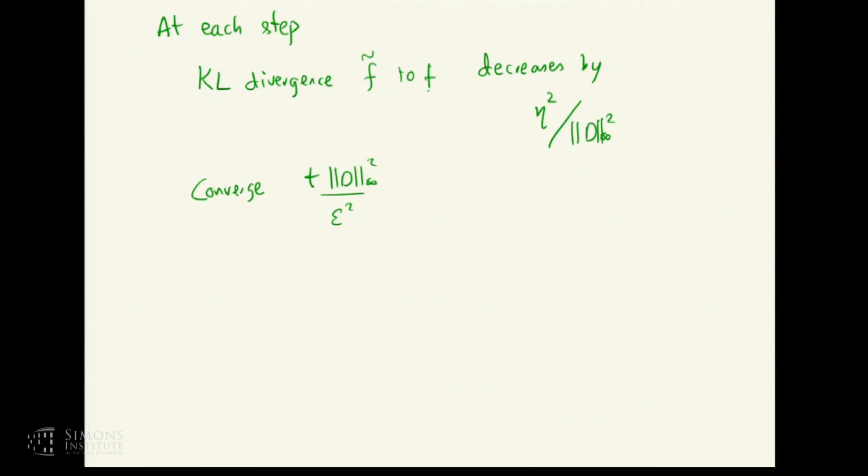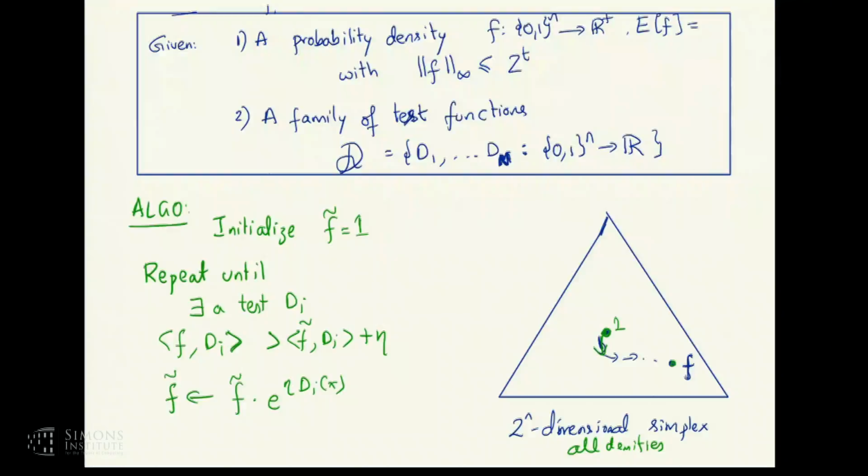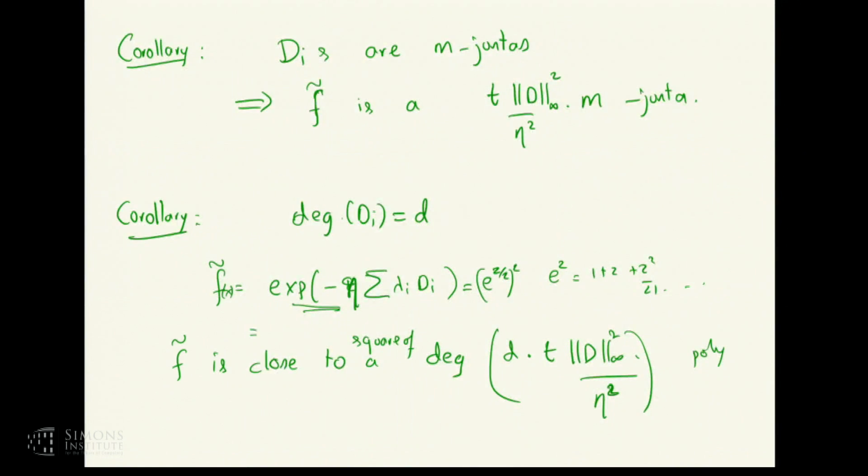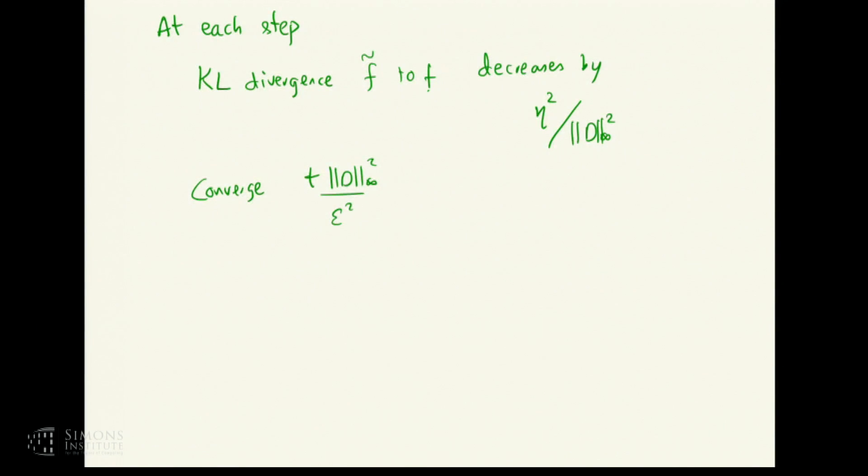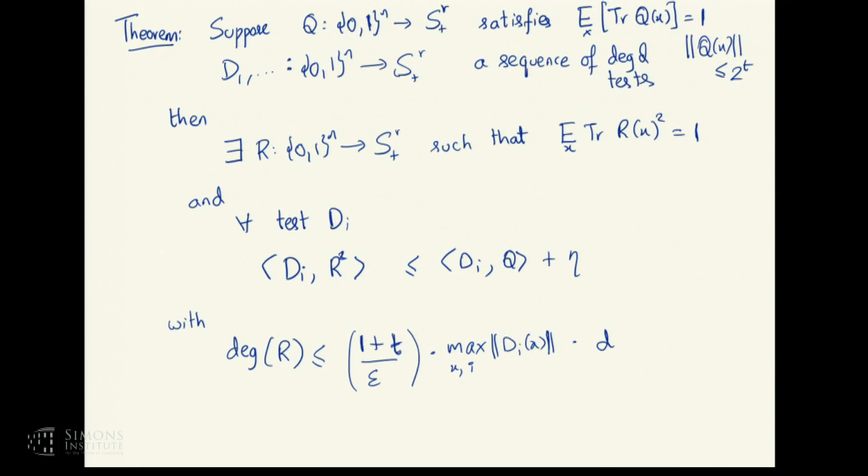Okay, so this is one of the main ingredients we're going to use in our lower bound for the correlation polytope. Okay, and before I actually go to the correlation polytope, I want to say that there's an analogous thing for matrix valued functions. So what happened so far is that we had a probability distribution f, and we approximated it by an exponential. Instead of a probability distribution, imagine you have a function q, which is a